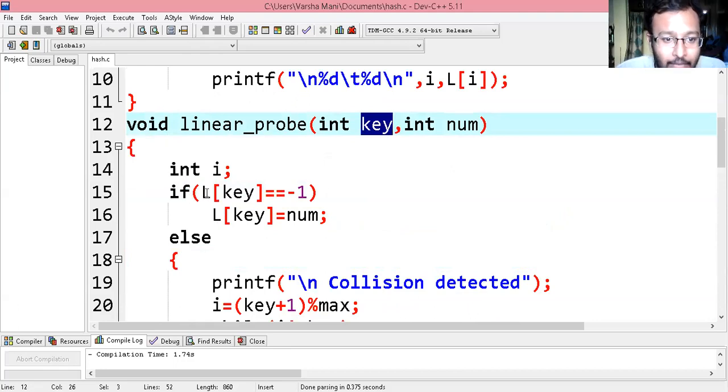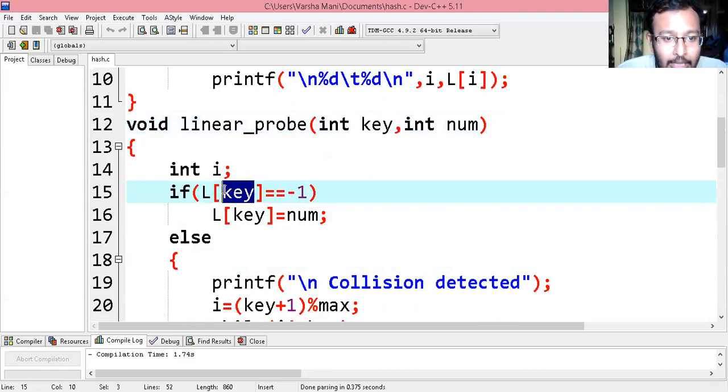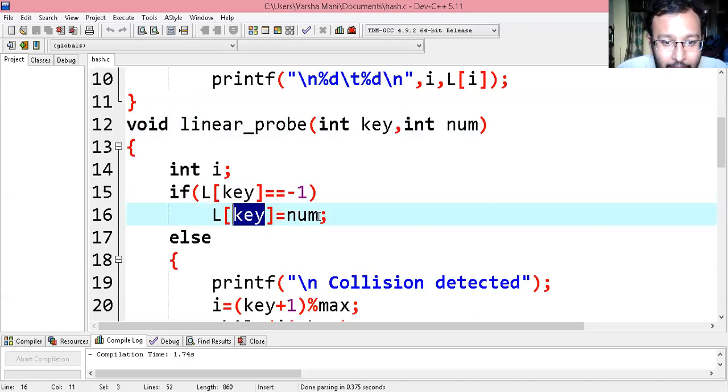Now if the array at that position key has -1, then what is the meaning? That array location is free, and at that time you insert the number at that location. If it has -1, the array location is free, and in that particular location you are going to insert that number.